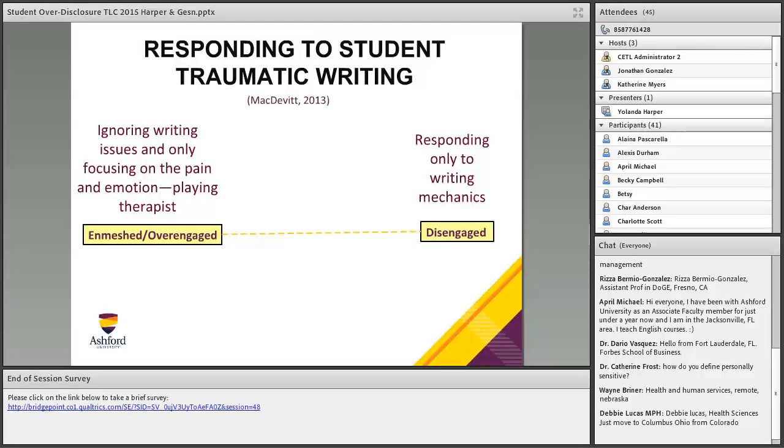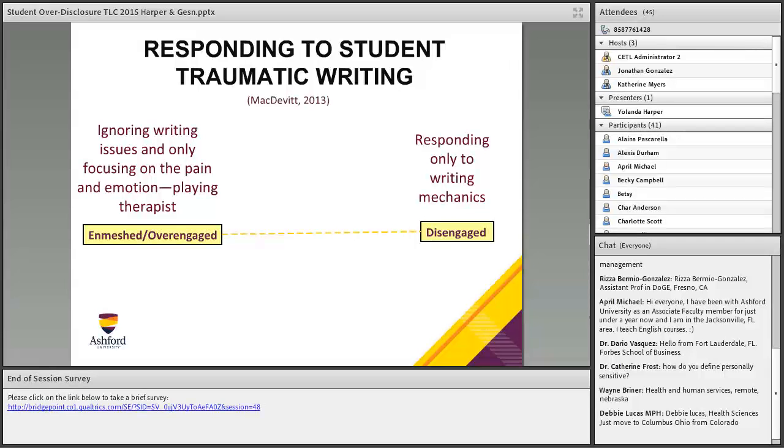In this case, over-identification with the student prevents the instructor from providing the needed constructive feedback. So it's very important not to let the content of the disclosures impact grading in a positive or negative manner. Now, McDavid presents two ends of a spectrum of faculty responses and recommends faculty,